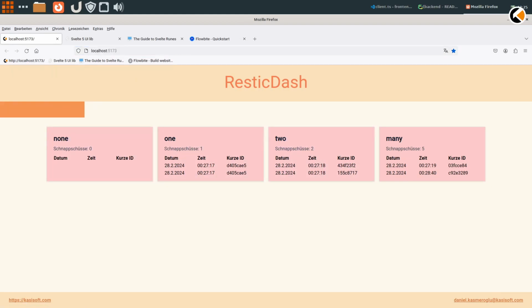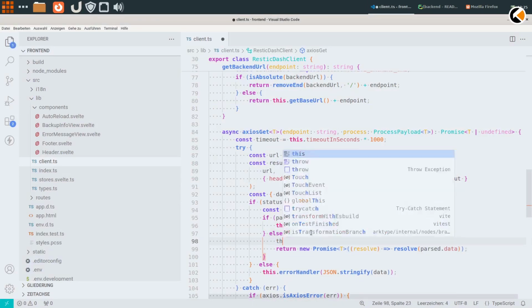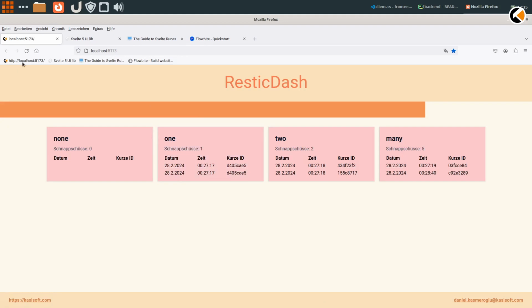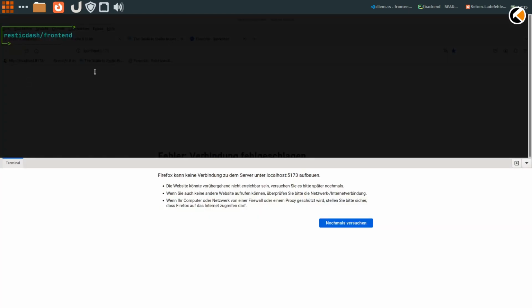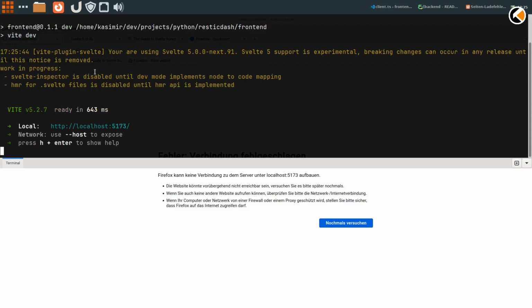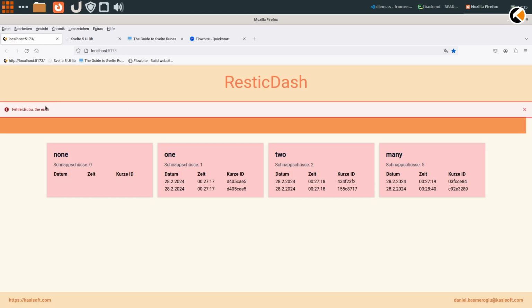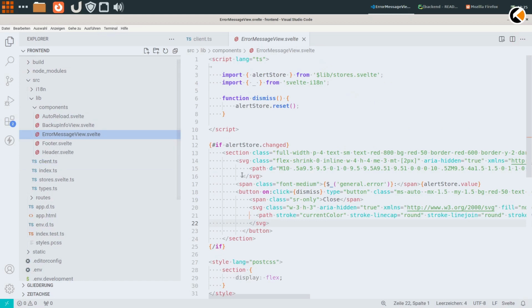Okay, the first thing we are going to do is to replace the error message component. And to show it off, I will just create a little cheat in here, so we always see an error, even in successful cases. So if we're down here, as you can see, oops, I had to start it again. So as you can see, we will have an error here, and the error component uses the old Flowbite code,